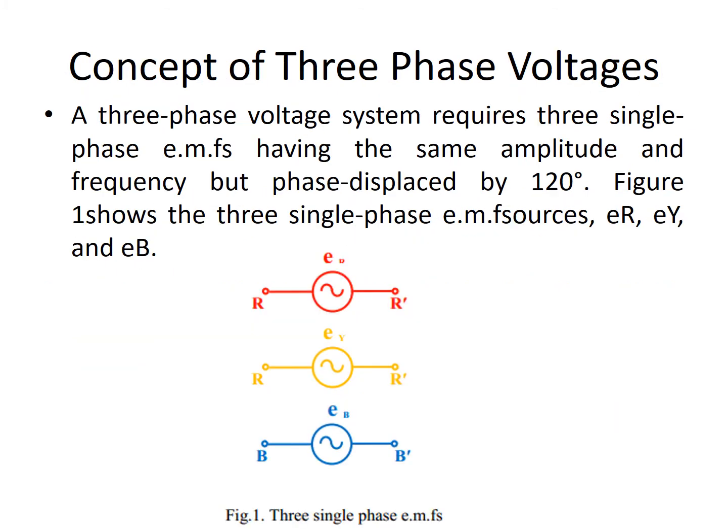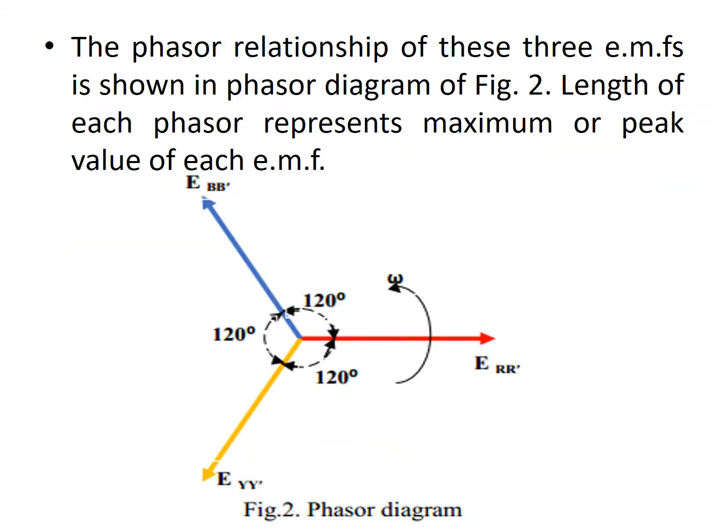These are the advantages. And what do we mean by three-phase circuits compared to single phase? In single phase you have only a single winding. In place of a single winding, in the three-phase circuit three sets of windings are used: red, yellow, blue, and those are kept in such a way that the EMFs induced across the three windings are 120-degree phase shifted with each other. This is the phasor diagram of the three-phase AC circuit R, Y, B. So the phase difference between R and Y is 120, Y and B is 120, and B and red is also 120 degrees.